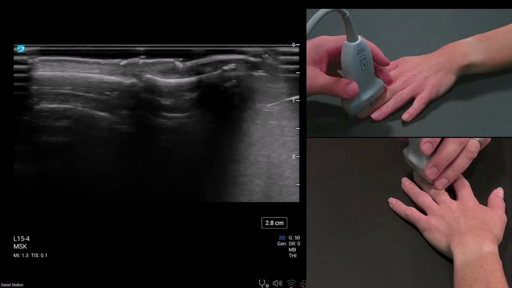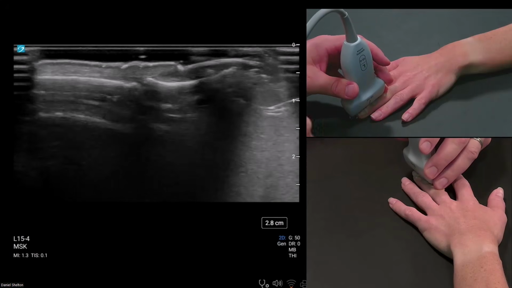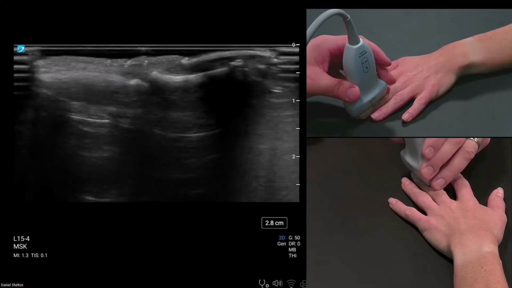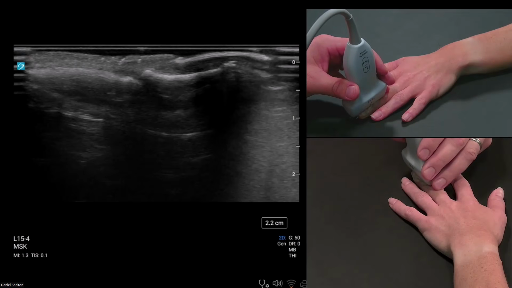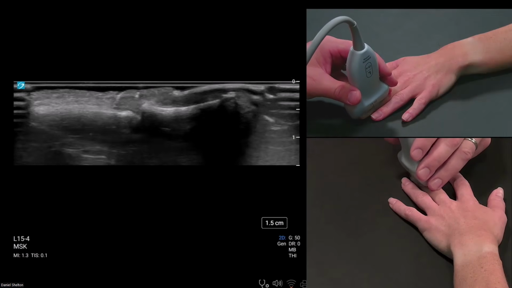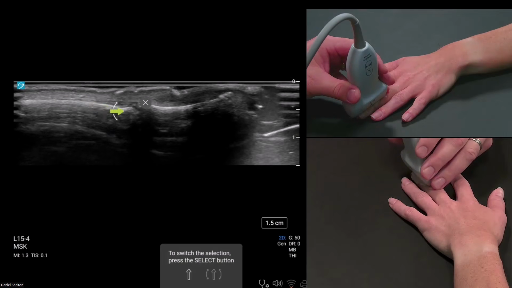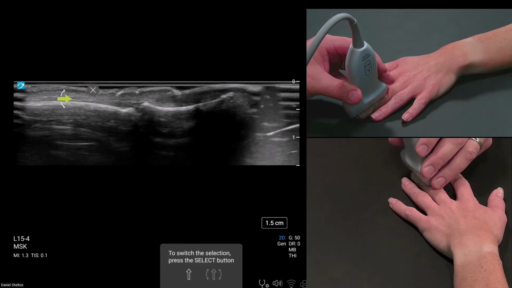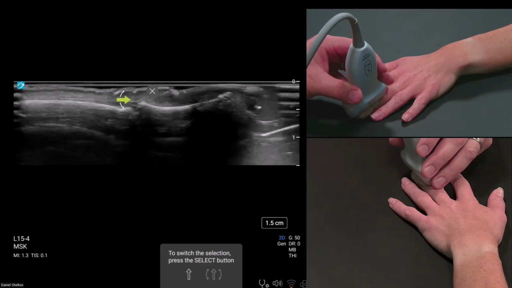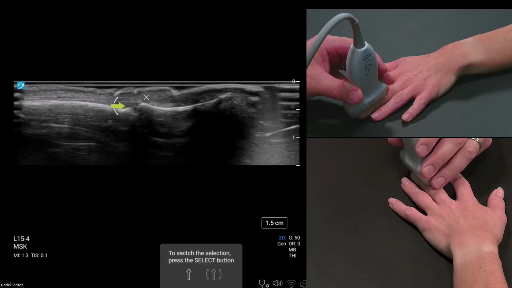Superficially, I need to optimize this picture. The image is kind of focusing to the middle of the screen. To make this image look better, I need to decrease my depth. So we'll go as shallow as possible since we're scanning a nail bed. You'll see things sharpen up really nice. Middle phalanx distally, distal phalanx proximally. We've got the DIP joint, and we ended the extensor tendon exam with that extensor tendon climbing over the DIP. So we see the joint and the recess here.